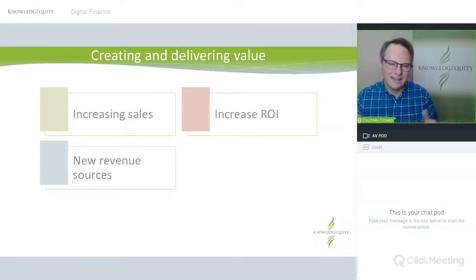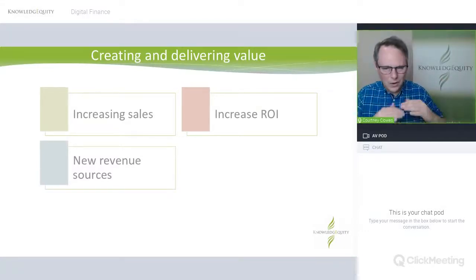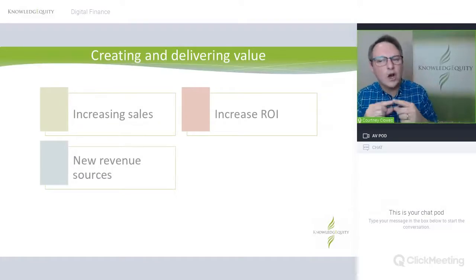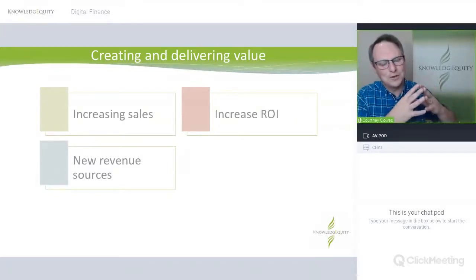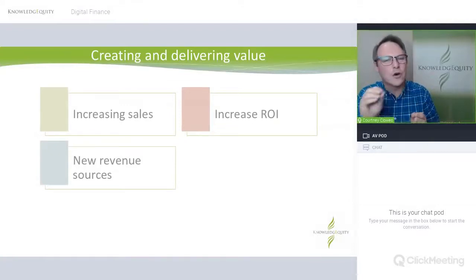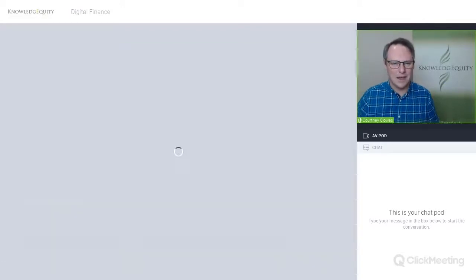Combine the two together. Increase your return on investment. One way of doing that: increase the price. Another way: reduce your costs by being more efficient. And grab new revenue sources. When you get to global strategy and leadership, exactly this. So sell more to your current customers and then grow your markets and add new customers. So that's Ansoff's matrix. You'll be exploring that.